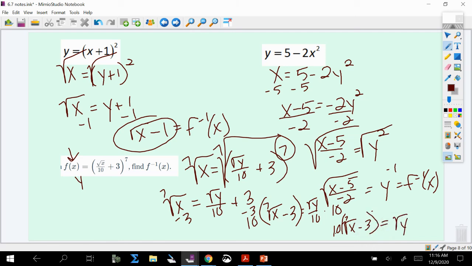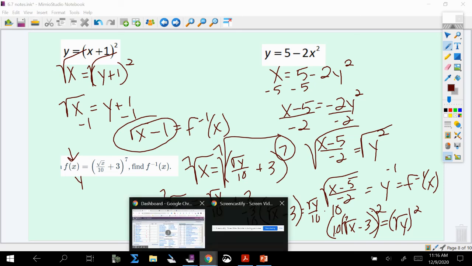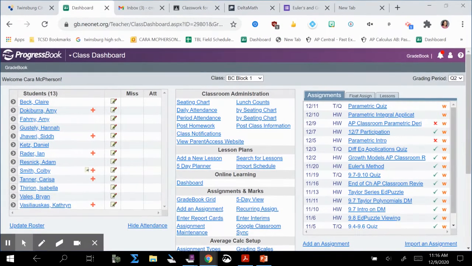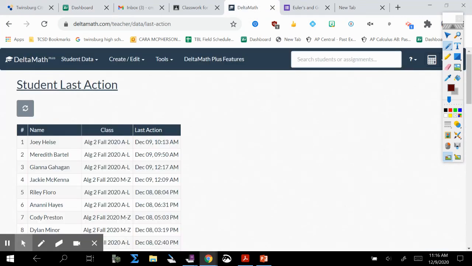And then finally, to get rid of a square root, you're going to square both sides. Now, when you square both sides, the whole thing gets squared. And you're going to see a lot of times with Delta Math, they're going to have things left in parentheses. So just to give you an idea, if I go back to Delta Math and I look at my assignments,